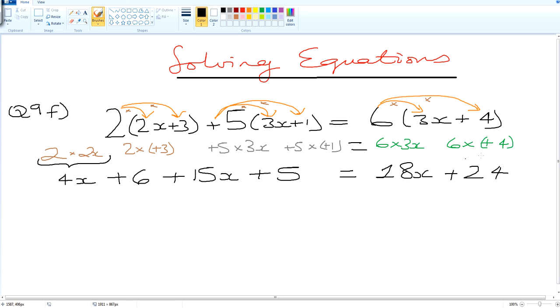So as you can see, when I say plus 4 in my question, I get a plus in my answer in this particular instance. If it was 6 times minus 4, it would be minus 24. If it was minus 6 times minus 4, it would be plus 24. So depending on what the signs are, it has an effect on the answer. So what we need to do now is simplify like items. So we got 4x and 5x, that will give us what? We got plus 6 on this side and plus 5, that will give us